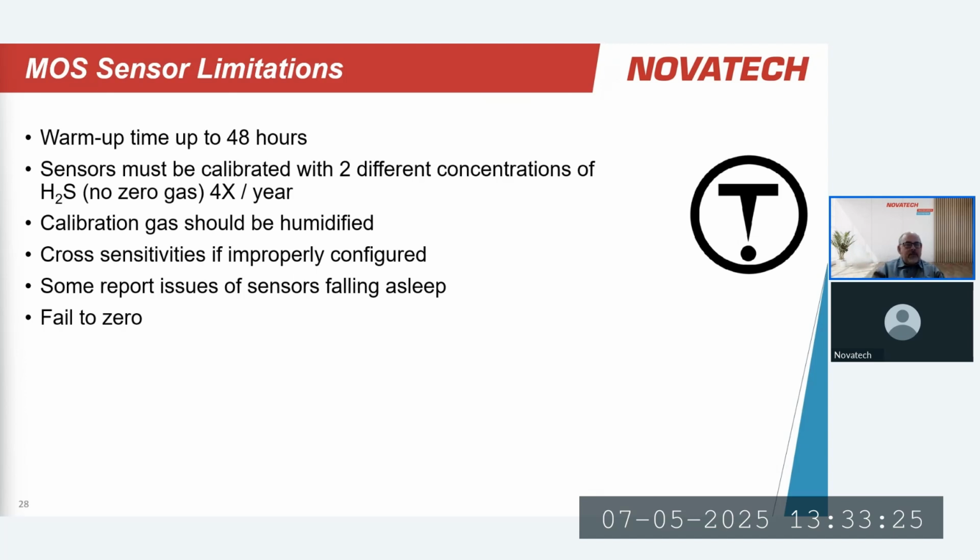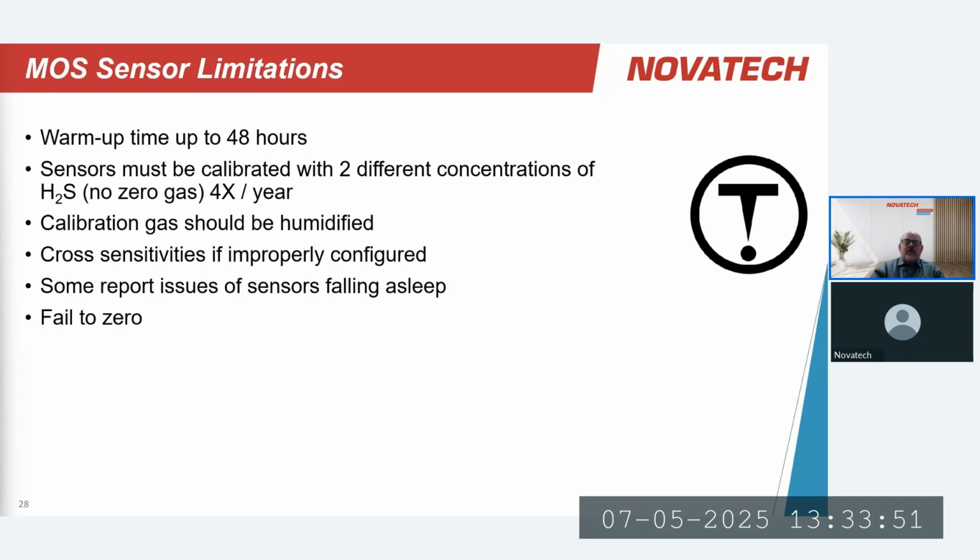Typical calibration frequency of 4 times a year. The humidity level in the calibration gas has an impact on the response of the sensor, and so therefore the cal gas should be humidified to the same level as what's present in the atmosphere. You could argue that that's also a good practice for any technology, but it's especially true for metal oxide semiconductor